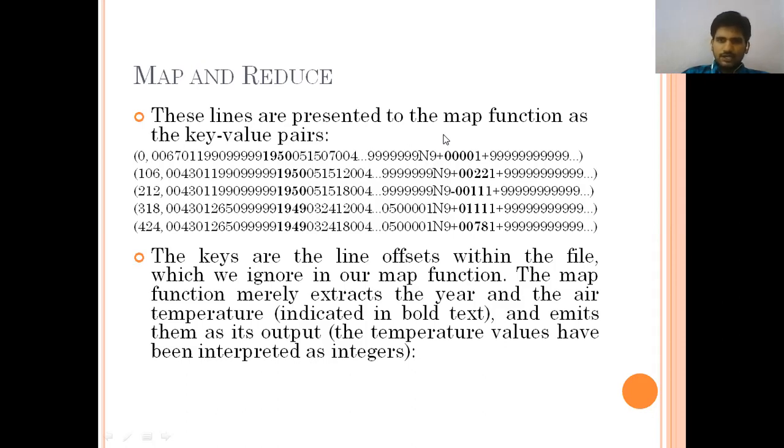So once the data is there, what is the main duty of a mapper page? In a mapper page, we have a map function. It is going to take the raw data, and one more functionality is that it is going to eliminate the bad content. Then it is going to prepare key value pairs. So in this total data, we have keys and values. One is the year, another one is, in a particular year, what is the temperature?